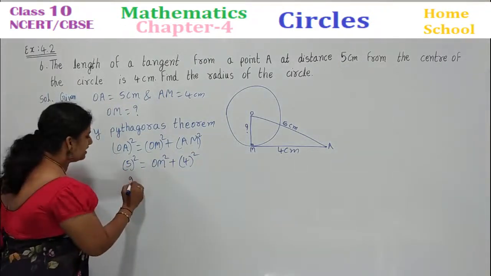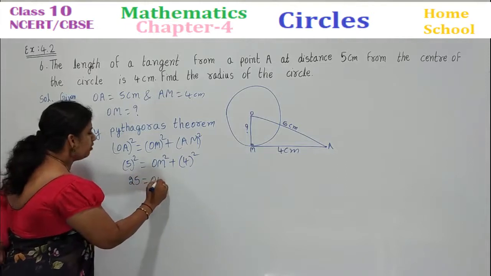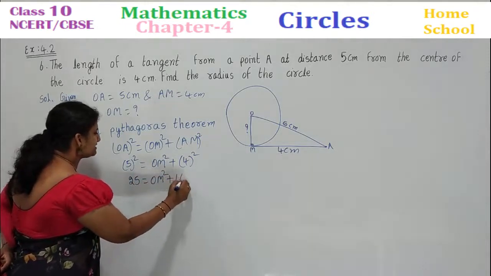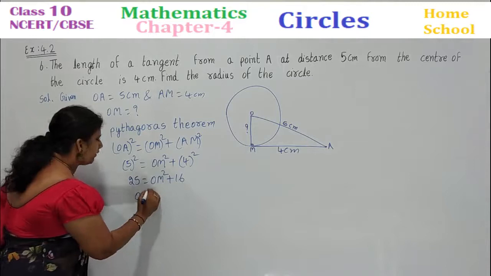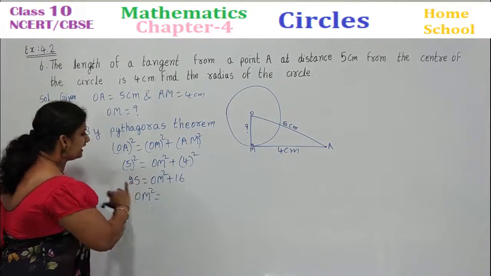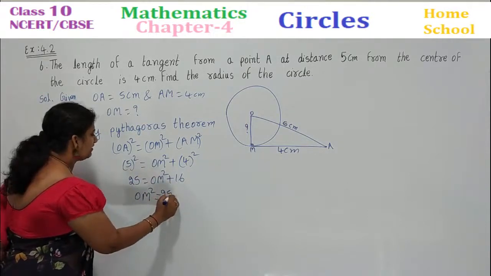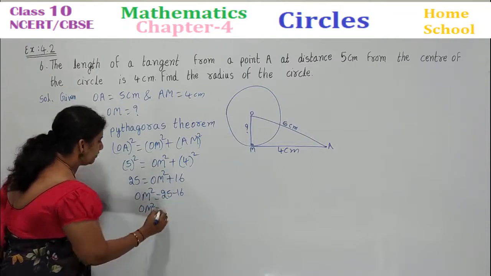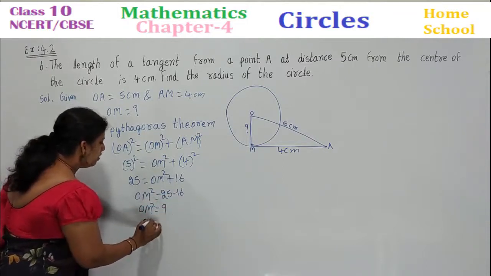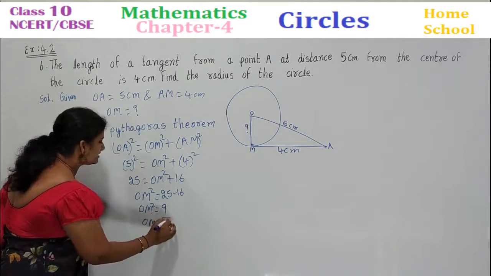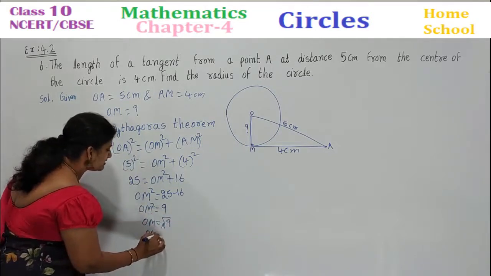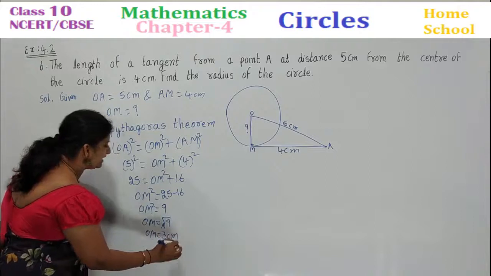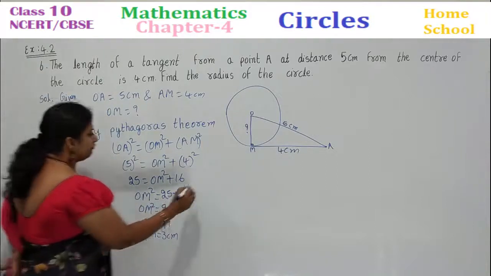Now 5 fives are 25. OM square plus 16. Bring this to this side, reversing the sign. 25 minus 16. OM square is equal to 9. Remove the square, apply square root. OM is equal to 3 centimeters. Therefore,